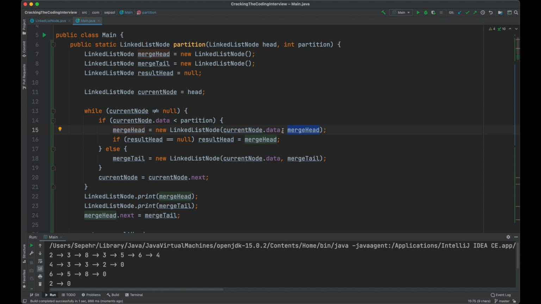Oh, so merge head itself is moving, right? Let's see. So merge head first is here, and it's pointing to the previous merge head, which is nothing, or I can assign these to null now, right? So if I print this again,